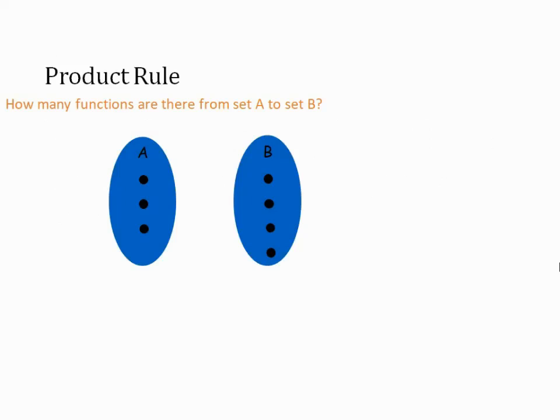In the same way, here is the mapping rule, also called the cardinality or multiplicity rule. It says how many functions there are from set A to set B. In A, there are 3 data points, and in B, there are 4 data points. So how many mappings can you make?